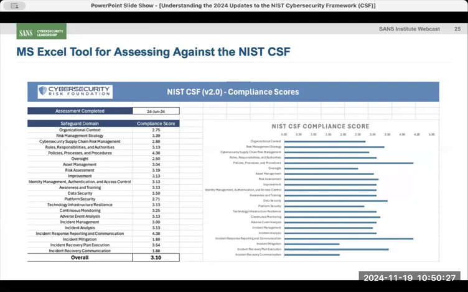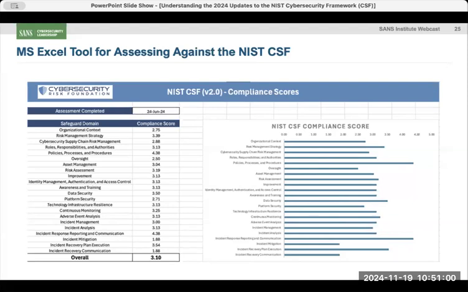One of the things that we've done is, for many years, many of you know we had a website called auditscripts.com that we used to give away free resources for SANS students and other people in the community. We've actually rolled that up now into the Cybersecurity Risk Foundation, just to keep it all streamlined and make the resources a little easier to get to. But we're continuing to give away additional tools to help organizations measure themselves against some of these standards. The CSF, of course, is one of those standards.